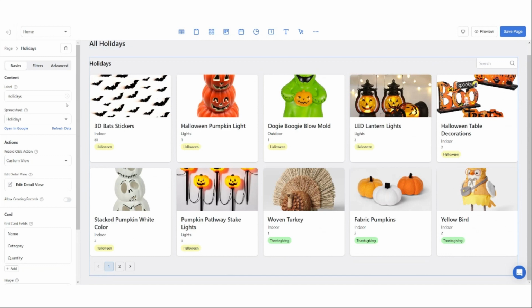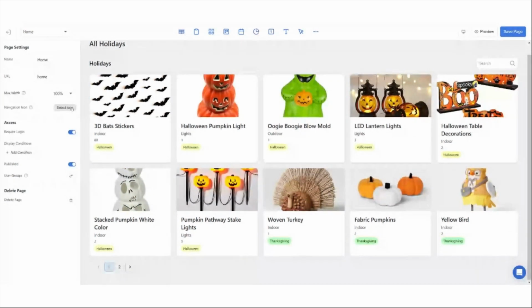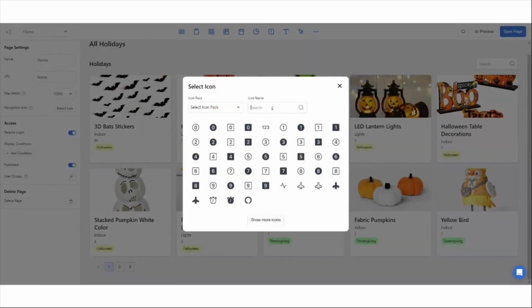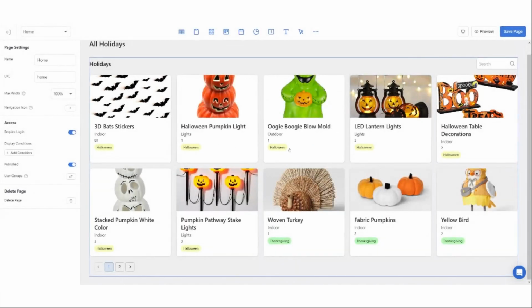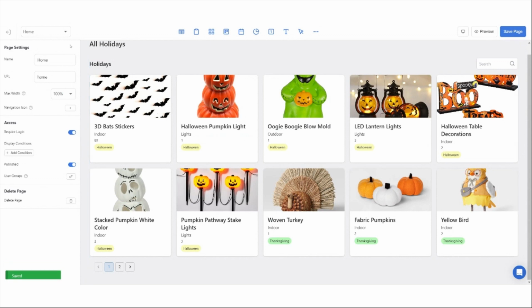So, just one more thing. I'll just change the icon for this page before I do that. So I go to the page, select an icon. I'm just going to choose arrow. It's an arrow, and I think I like this arrow. Let's use this. So this looks good. Save the page. And then I'm going to go back